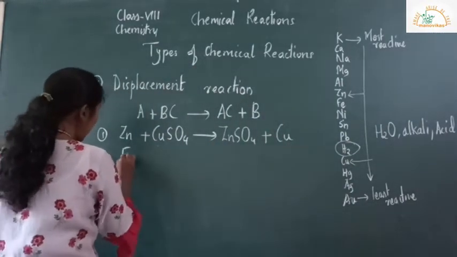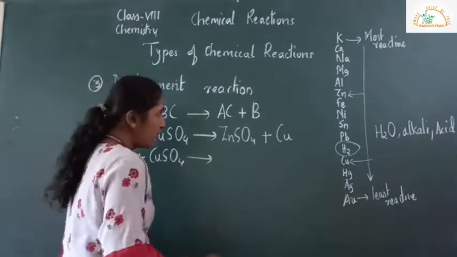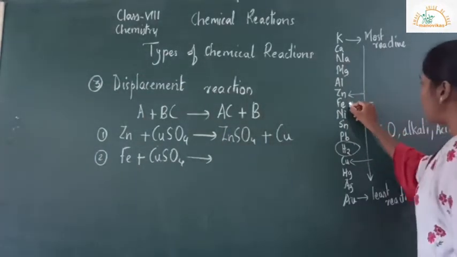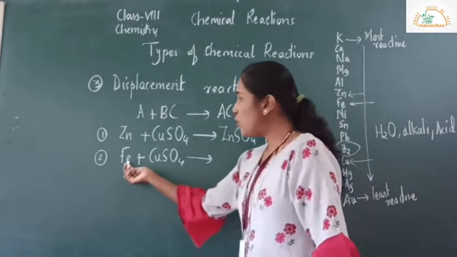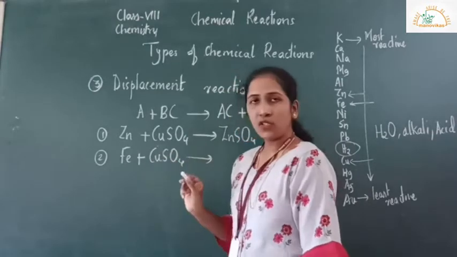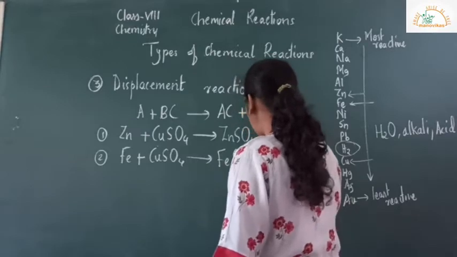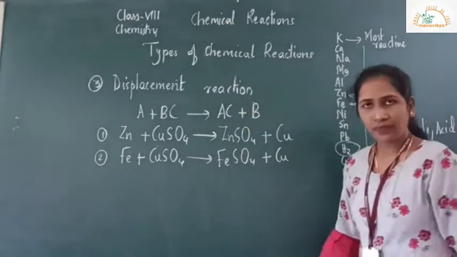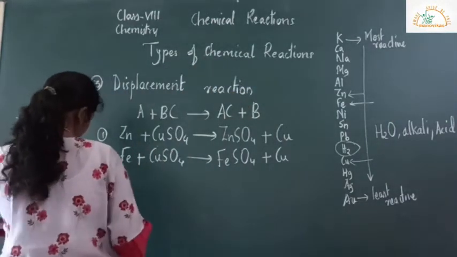We have Fe plus CuSO4. So now check Fe. Fe is over here, which is more reactive, and copper is over here. So what will happen? The more reactive metal displaces the less reactive metal from its salt solution. So what we are going to get is FeSO4 plus Cu. Let's take one more example. Third one, we have